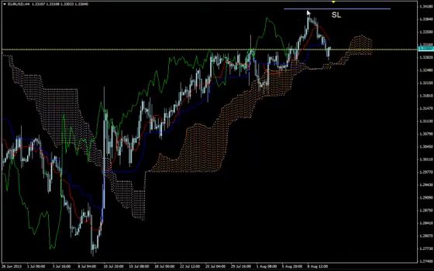I'm placing it above the last swing high made by the price. The price was going up, making higher highs and higher lows. The last higher high was this. We put our stop loss above that, and we will pick our exact entry point going to smaller